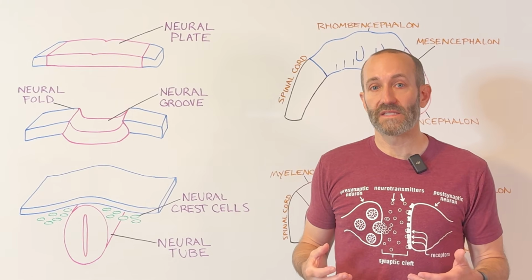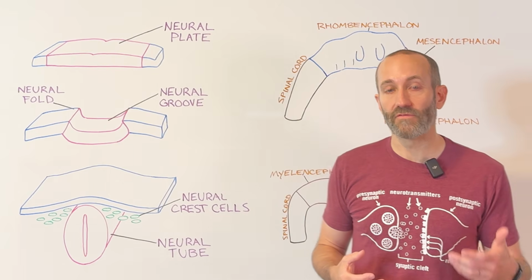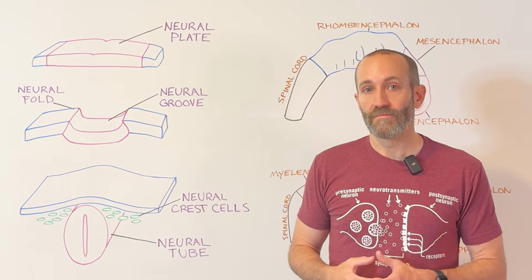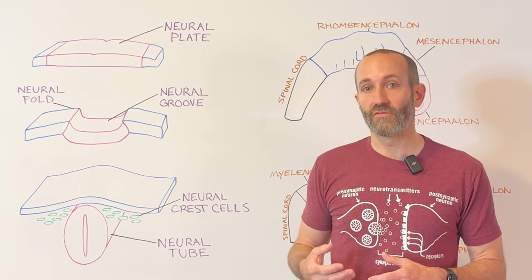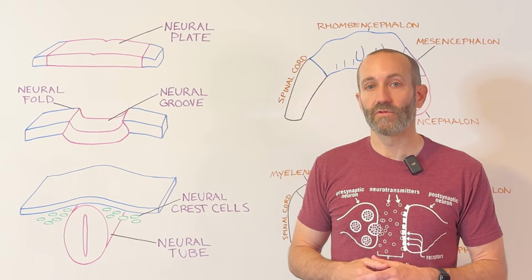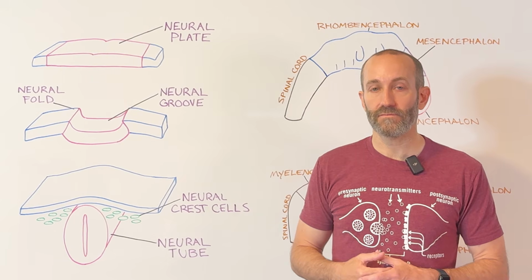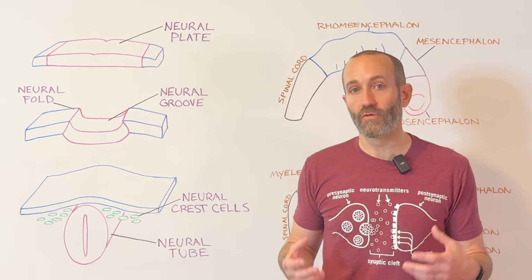Most of this process is referred to as primary neurulation, which is the folding and closure of the neural plate to form the majority of the neural tube. There's also a process, however, called secondary neurulation, which contributes to the formation of the caudal, or tail end, portion of the spinal cord through a somewhat different mechanism. But a key point is that the central nervous system begins as a tube, and that tube forms very early